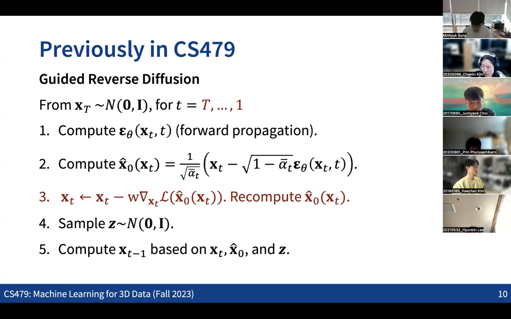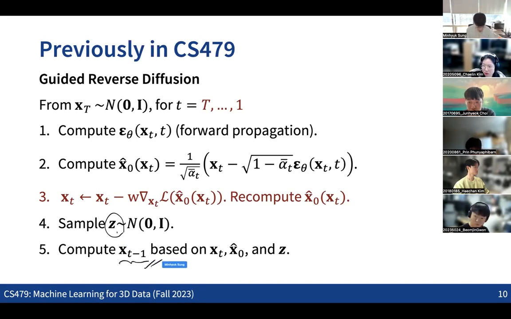And based on the prediction of x0, we are computing the mean of the Gaussian distribution, and sampling the unique Gaussian noise z here. And based on that, we are getting the xt minus 1.